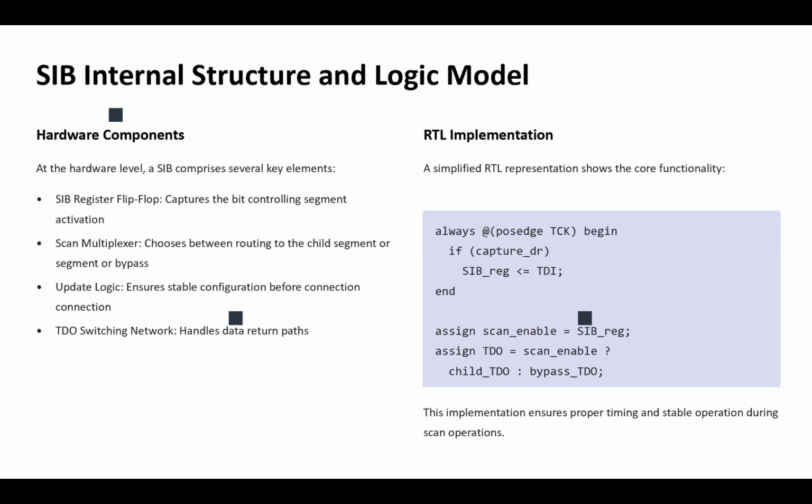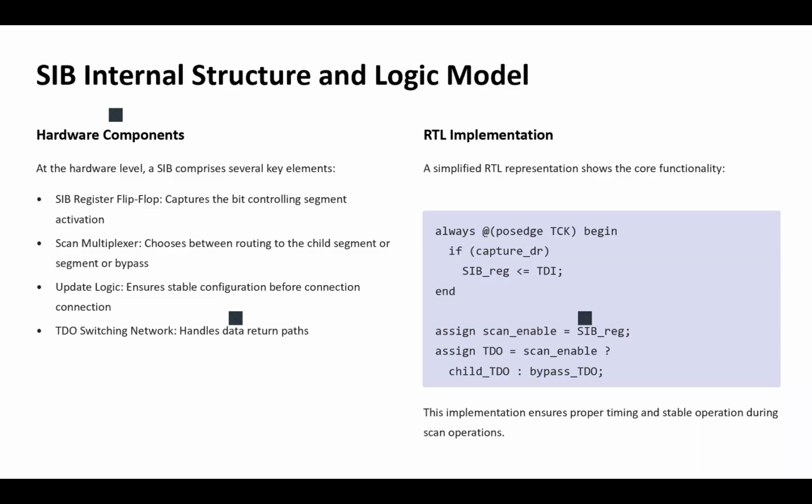Now, on the other hand, we have the RTL implementation, which is simple hardware code that shows how the SIB stores a control bit and then uses it to select the scan path through a conditional output. For example, in the code that you see in the slide, the first line